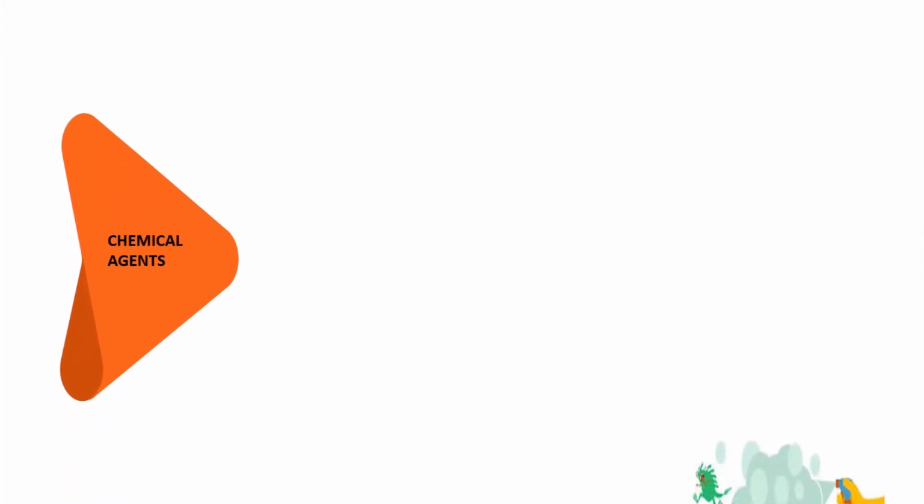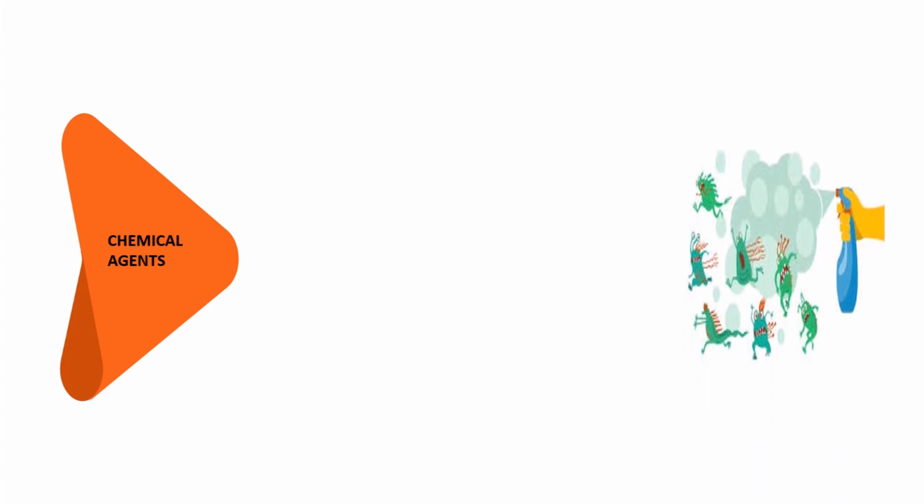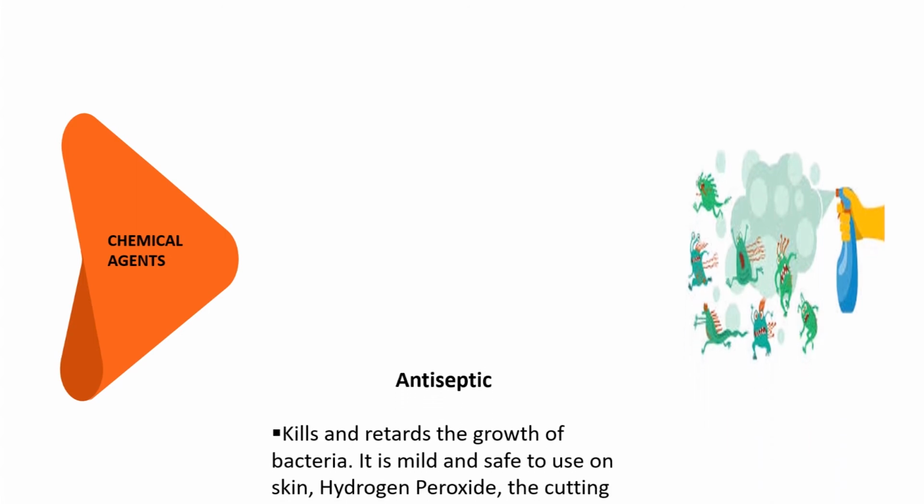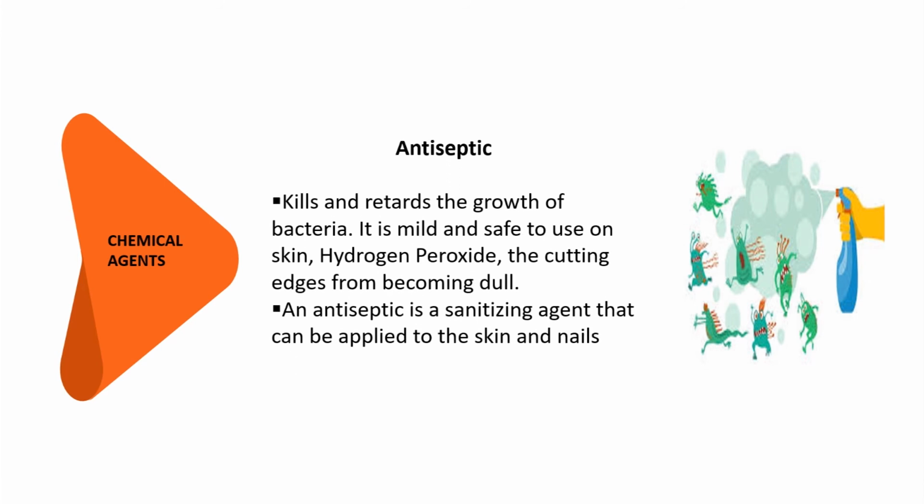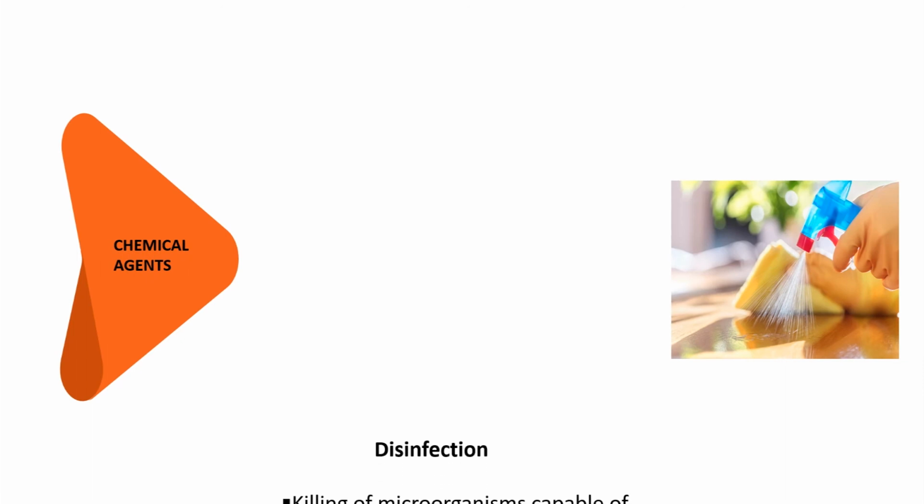Moving further to the chemical agents. Chemical agents consist of antiseptic that kills and retards the growth of bacteria. It is mild and safe to use on skin, hydrogen peroxide, and cutting edges from becoming dull. An antiseptic is a sanitizing agent that can be applied to skin and nails. Normally, when you visit the salons or the parlors, this is one of the chemical agents which is used for sanitization. Another one is